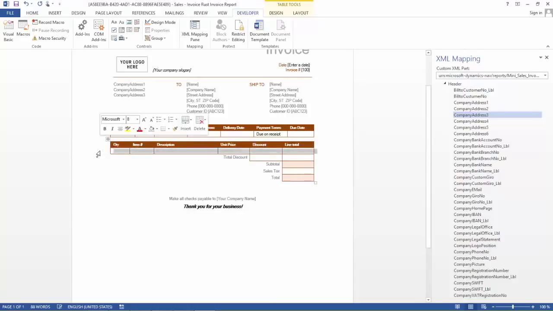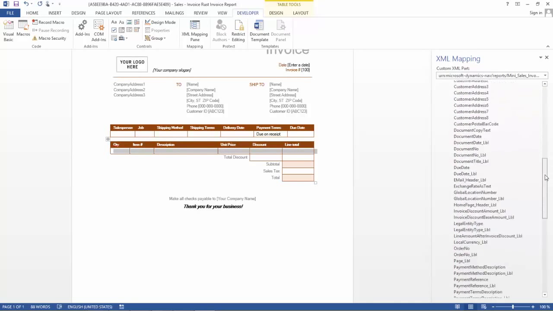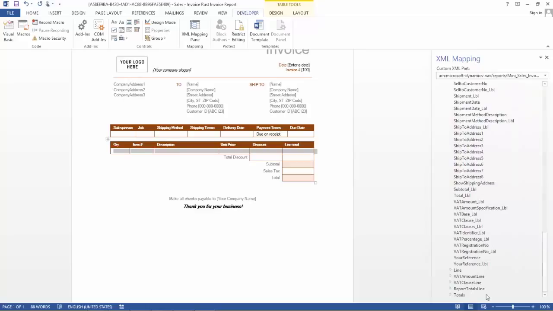What's important here is that I click out here to the left side, and then I go to the line in my XML part. So I will find the line, and it's down here. What I need to do on the line is insert a content control and then select repeating. So now when I select this, it will be repeating from what I have in my